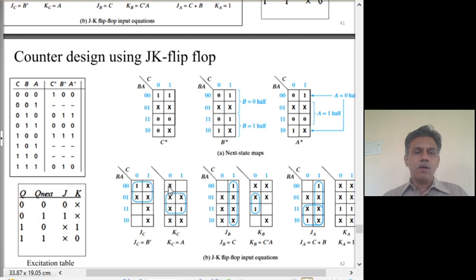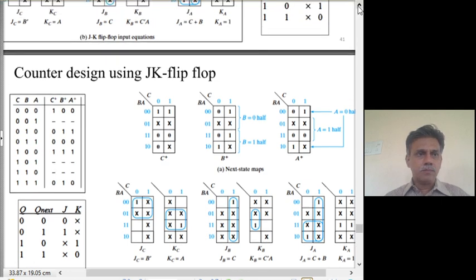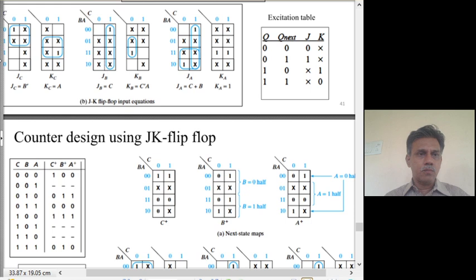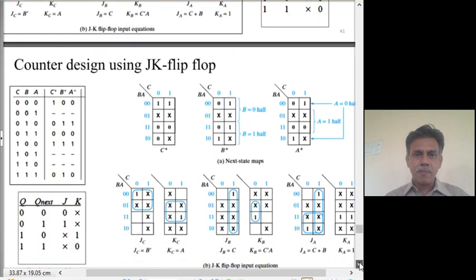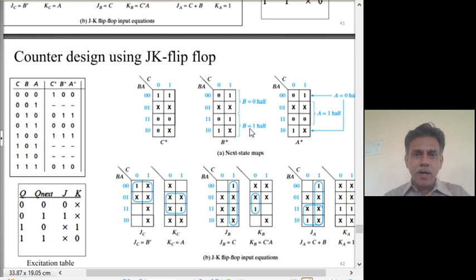So, we can follow this, fill it up, and it will turn out that it will be the same as what we have got already. These two. So now you look at this one. So what we have seen is,